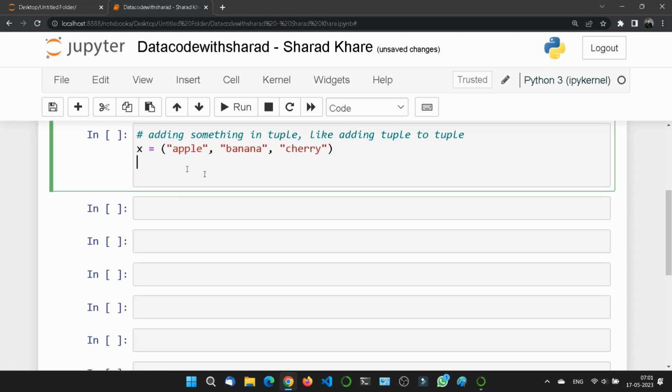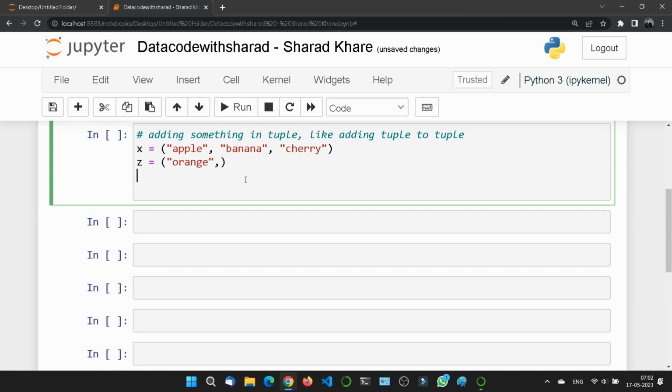x is the same, and then let me take another variable, z, and here I will use only one value, orange, and for this I'll use a comma over here so that Python can recognize it as a tuple. In the z variable I am giving only one value, and the first variable x has apple, banana and cherry. Now I will add orange to apple, banana, cherry, meaning I will add the x tuple with z. So for this, what I'll do,